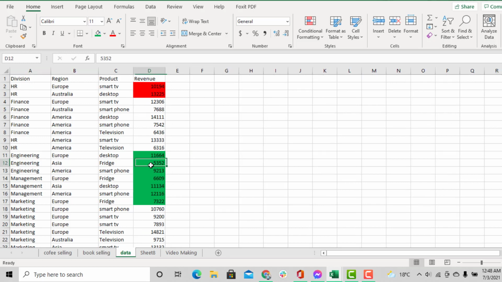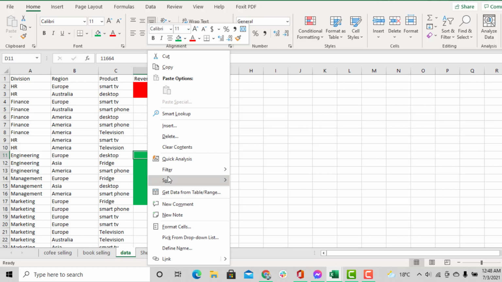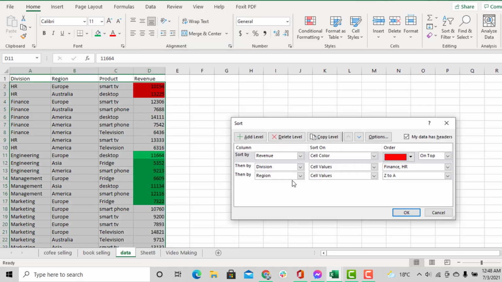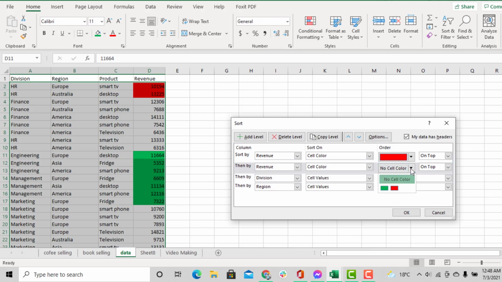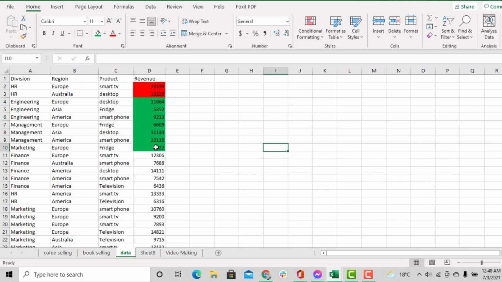jumped to the top. And for green, if I would like these green things to come down here under red, I will go in the sort option again, custom sort, and then make another level, and which one I would like to sort, revenue, and here also cell color, and this one will be this green one. And when I press OK, the green things are sorted with the red ones underneath. And why would we like to sort with color? Because sometimes you would like to give some warning in red to whoever is reading this Excel sheet, and maybe there is some extraordinary performance you would like to